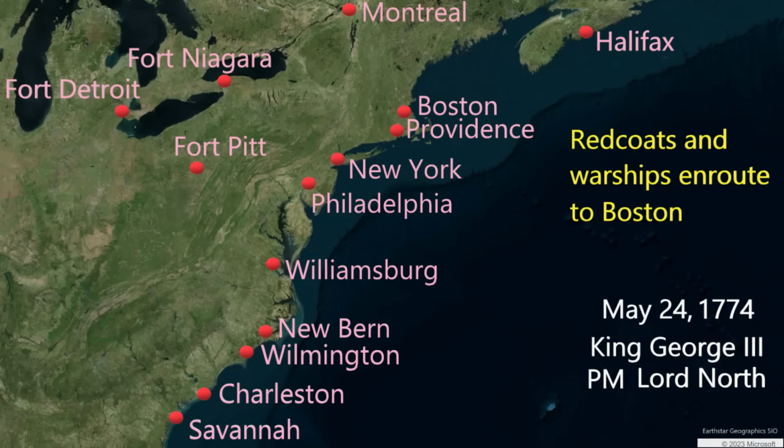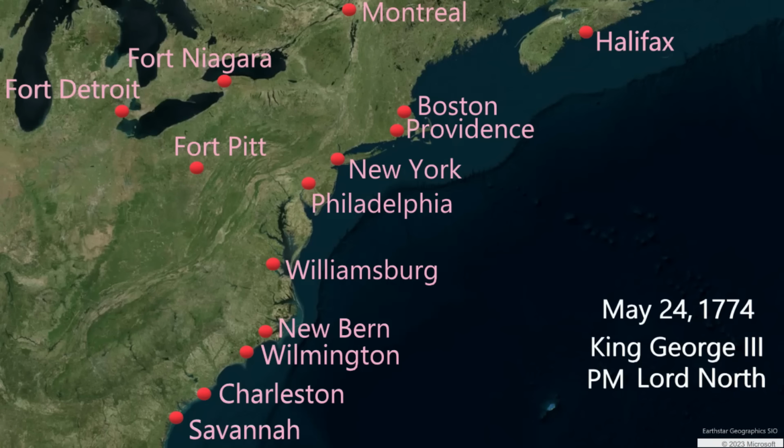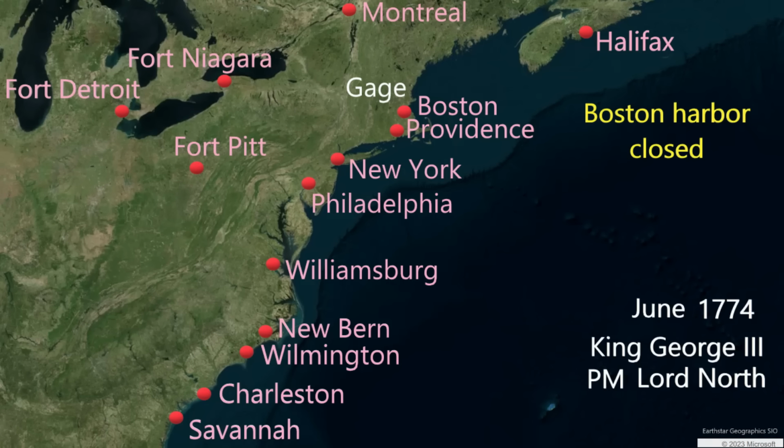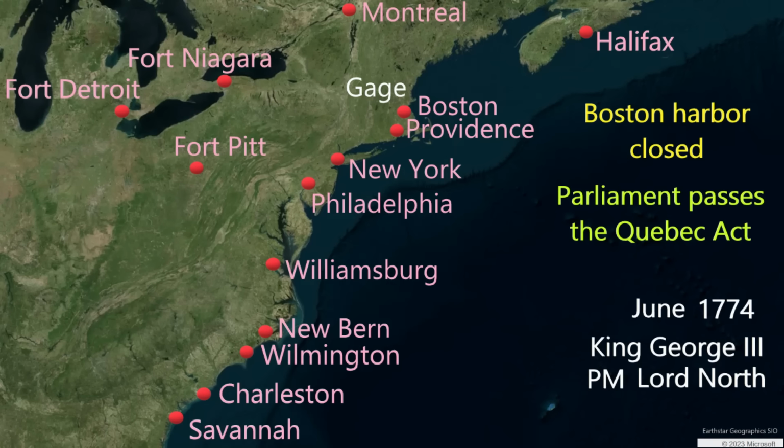On May 24, the House of Burgesses in Virginia motions to support Boston. In retaliation, Governor Dunmore of Virginia dissolves the House of Burgesses, but the representatives simply relocate to a nearby tavern. June 1774. British warships are arriving in Boston. The Empire shuts down Boston Harbor. Thomas Gage's redcoats are occupying the city. The coercive acts are in effect. However, food and supplies are sent to Boston from the other colonies.